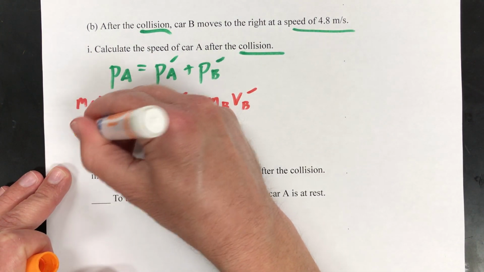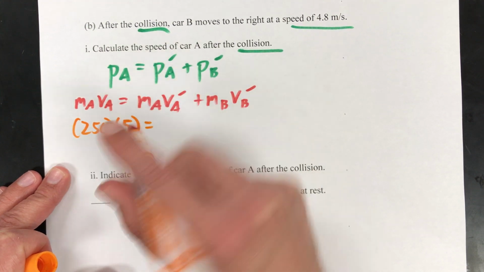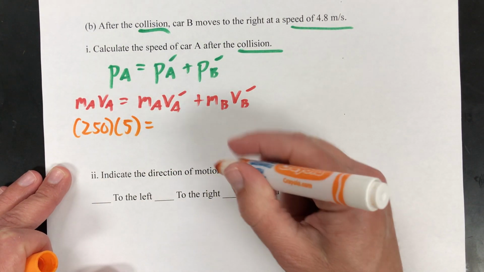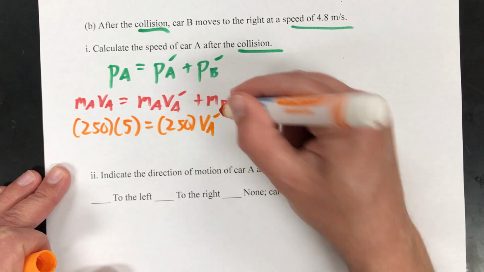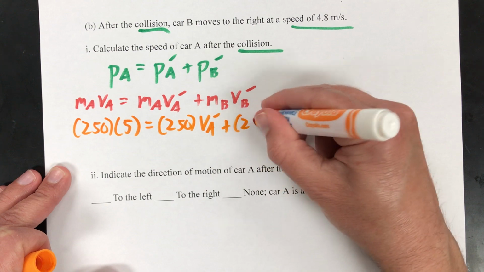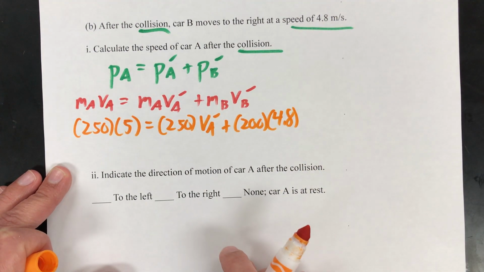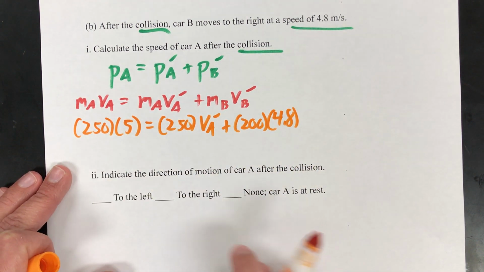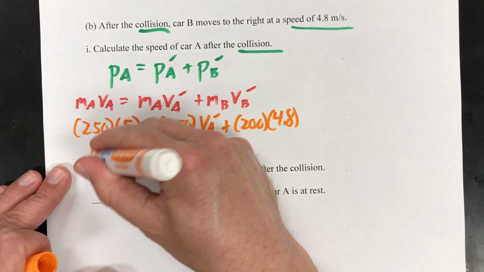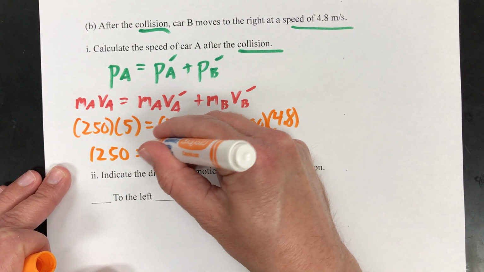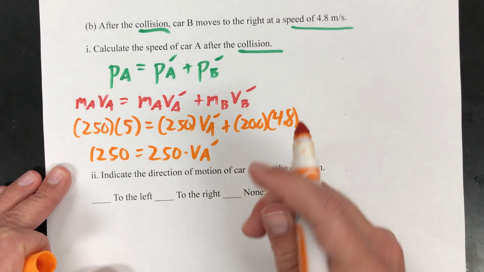The mass of A is 250 kilograms. The velocity of A before is 5, not 2. Right before it hit, it was going 5 meters per second. The mass of A again is 250. We do not know how fast it was going afterwards. The mass of B is 200, and its speed afterwards, they told us, was 4.8. So let's solve these two parts: 5 times 250 is 1250, and that equals 250 times our unknown speed, plus 200 times 4.8,